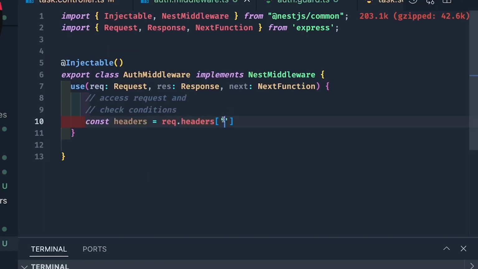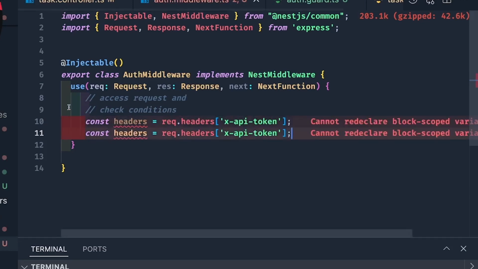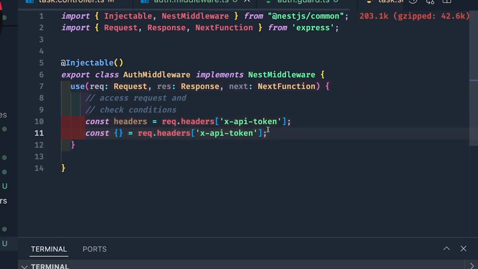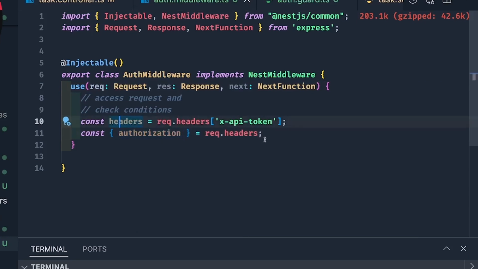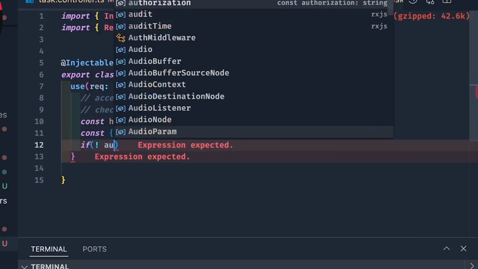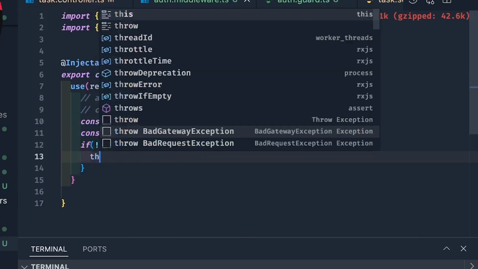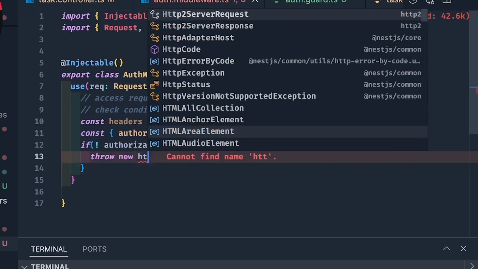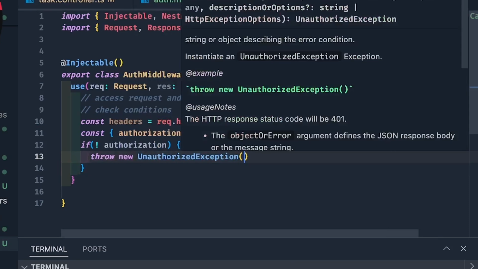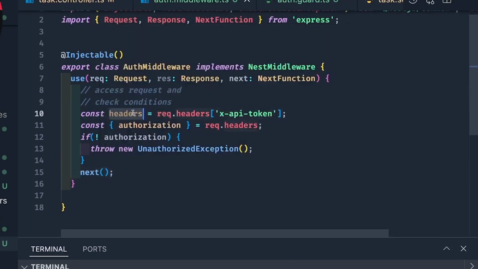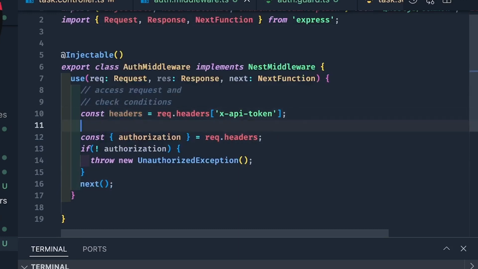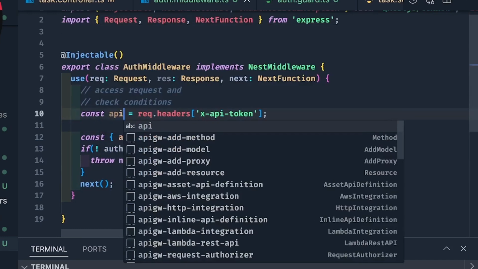Let's say the headers. There can be some special headers you are getting from the consumer who is accessing your API. Right? You can validate whether that particular token is coming or not. If that token is coming, then you can validate whether that token is valid or not. Similarly, we can also get an authorization header inside request.headers. Let's say you are not sending an authorization header, then it's easy for me to send, okay, bad request, or sorry, unauthorized. You can simply throw an unauthorized exception and your task is done. Otherwise, if you are sending me this authorization header, then for now, I will just let you access the API.